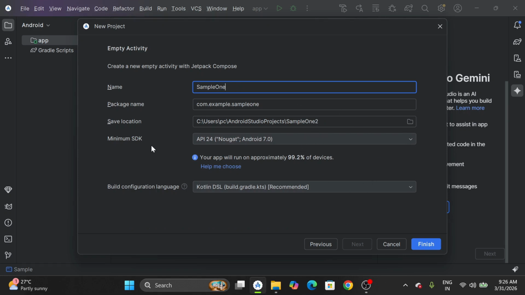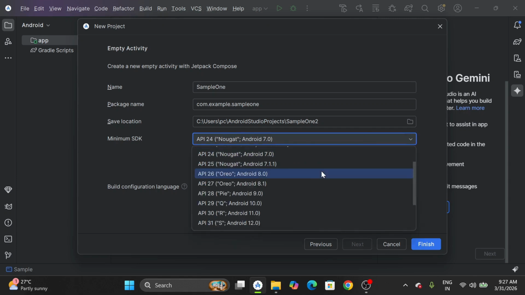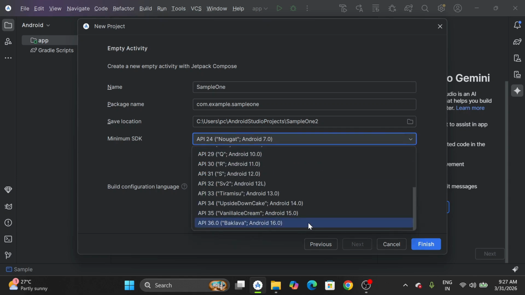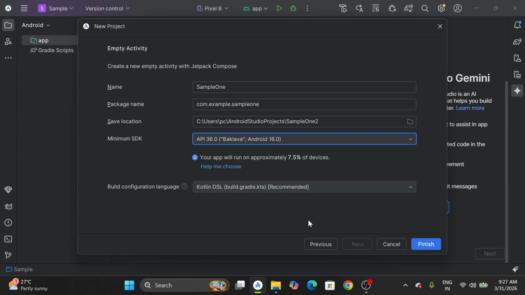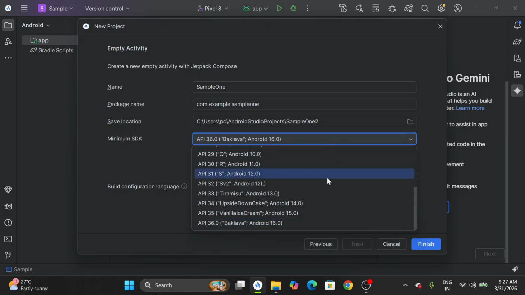SDK is something like software development kit, and if you choose something like Nougat, your app will run on 99.2% of devices. If you choose only the latest version, then your app will run on only 7.5%. So this will reduce the number of users for your application. So you need to select something where you are choosing the broader area,